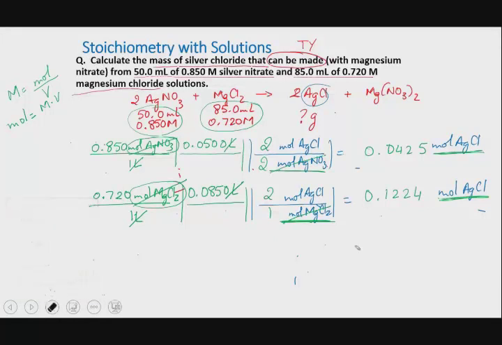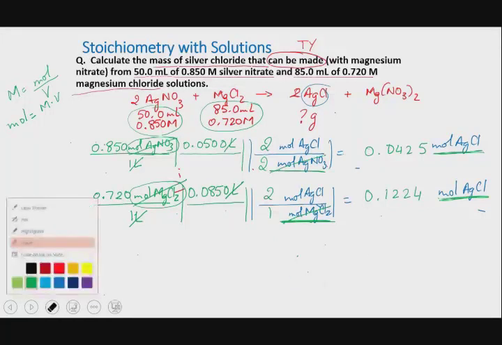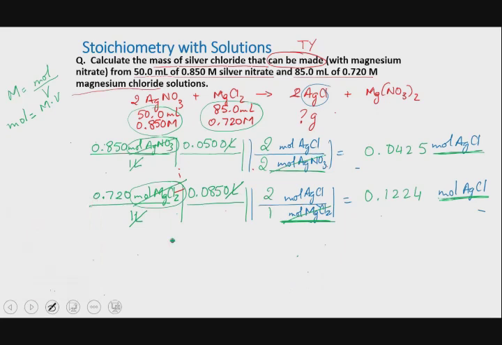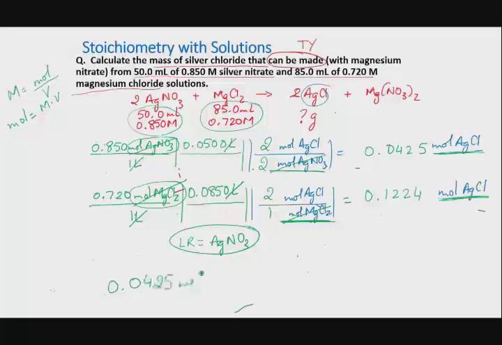Given this, which reactant is the limiting reactant? Exactly, the limiting reactant is the one that makes fewer moles, and that would be the silver nitrate. In other words, the amount of silver chloride that can be made will be controlled by silver nitrate. In other words, the highest number of moles of silver chloride that can be made is 0.0425 moles of silver chloride, and this